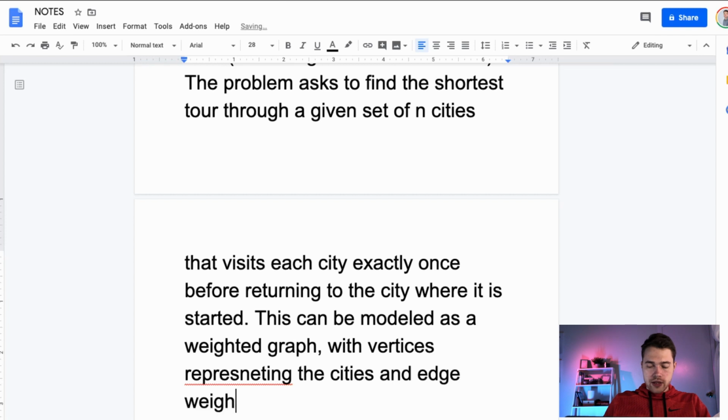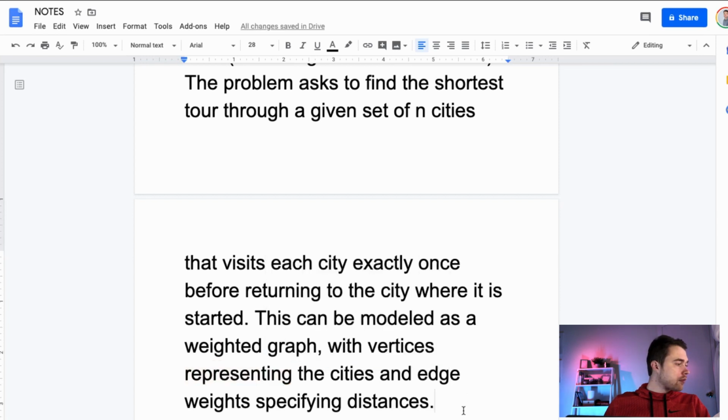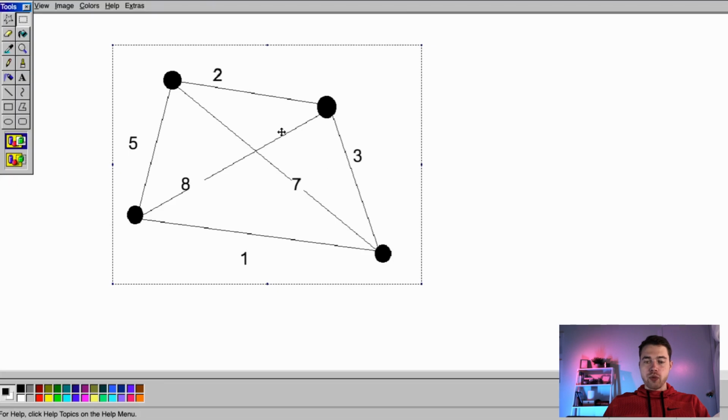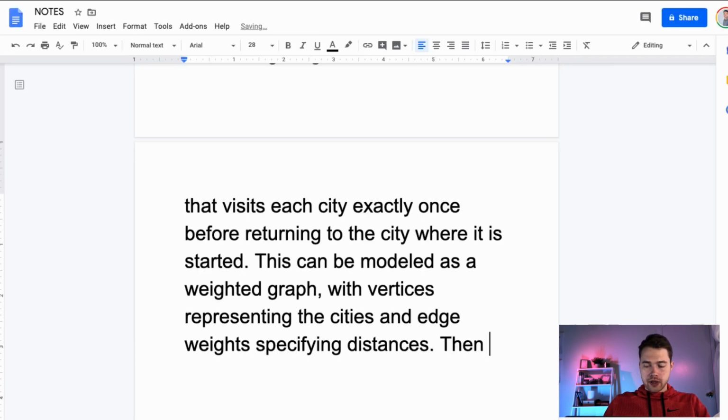And edge weights specifying distances. Okay, cool. So we have a weighted graph, and basically we need to find